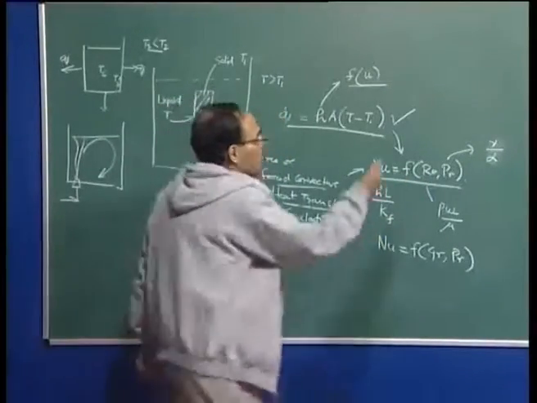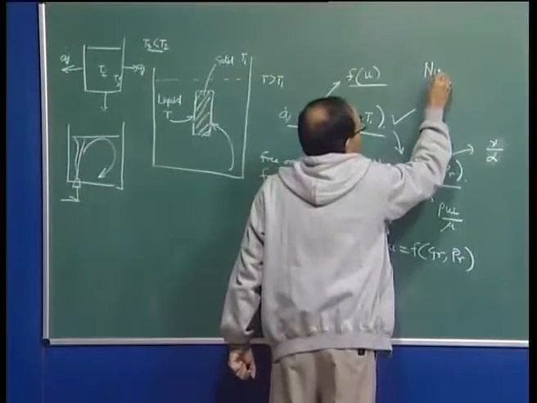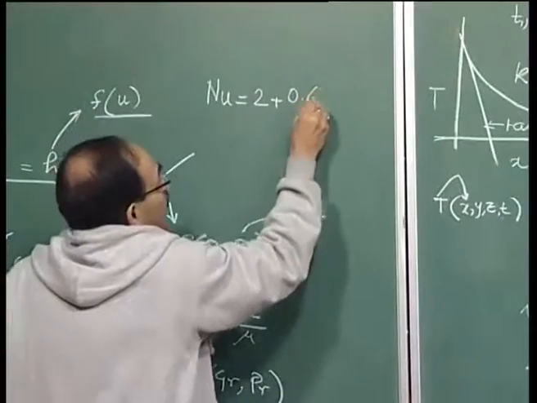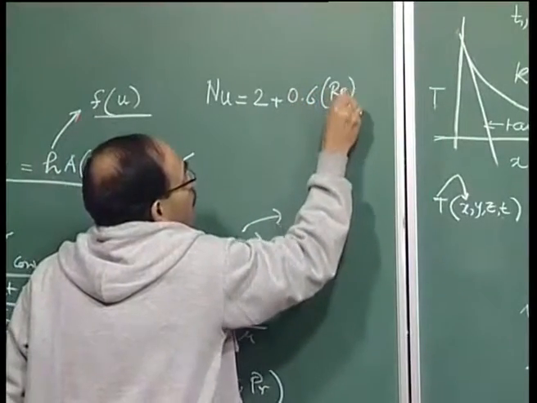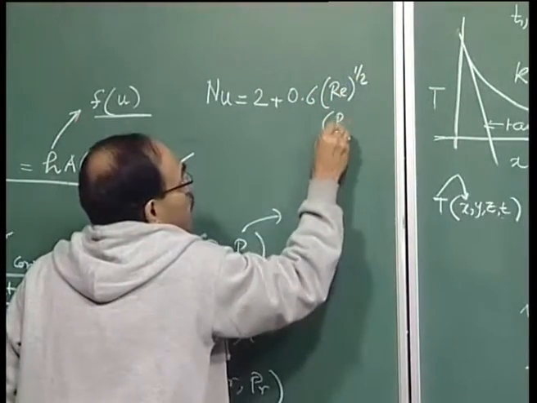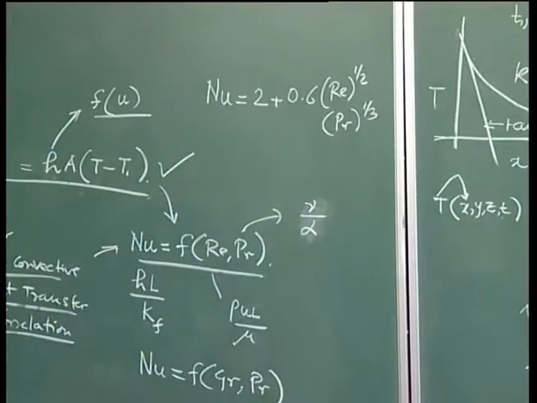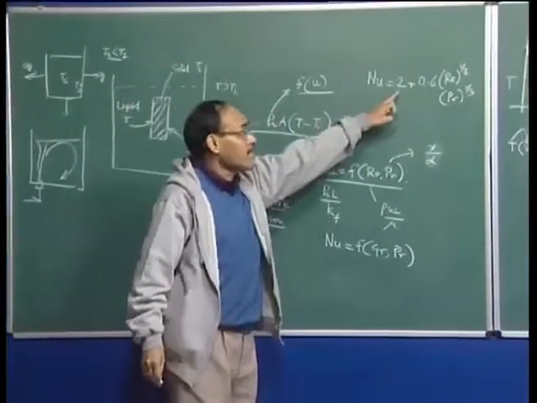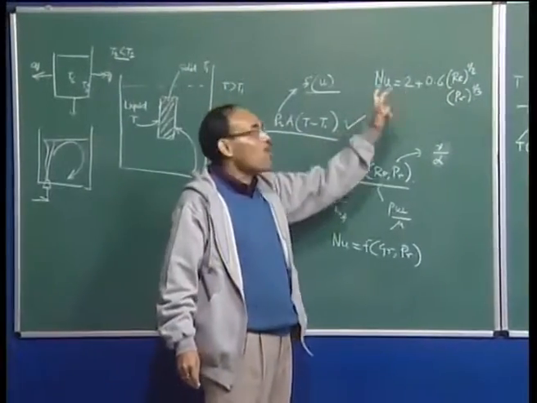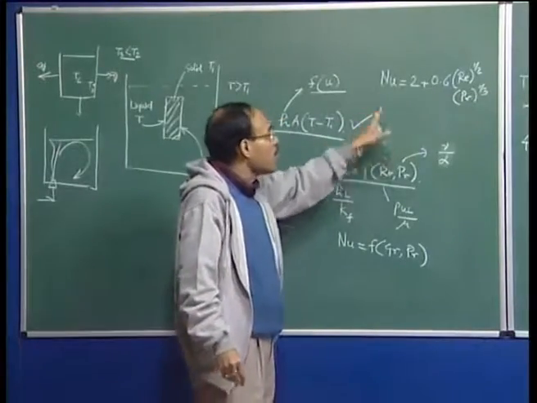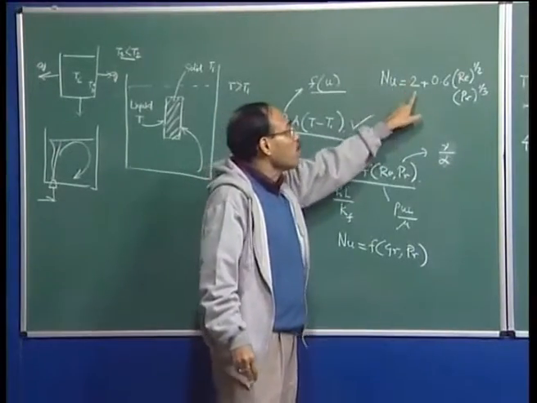For example, we have seen this correlation maybe when you have done a heat transfer course. Flow past a sphere, I think it is 0.6 Reynolds raised to the power half and Prandtl raised to the power 1/3, which is called the popular Ranz-Marshall correlation. And this too shows that it is applicable to a spherical geometry. All heat transfer and mass transport correlations, as we will also see, for spherical geometry,